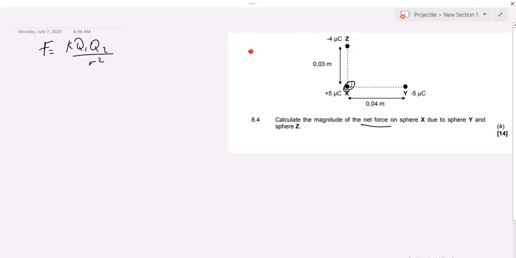Are they like charges or unlike charges? They are unlike charges. So they do what? They attract. Since they attract,